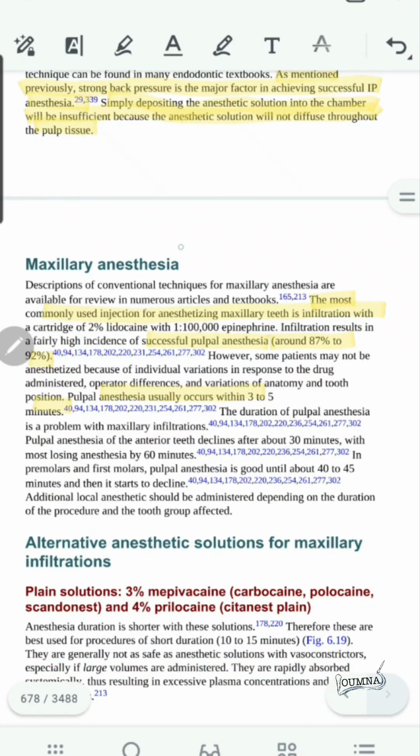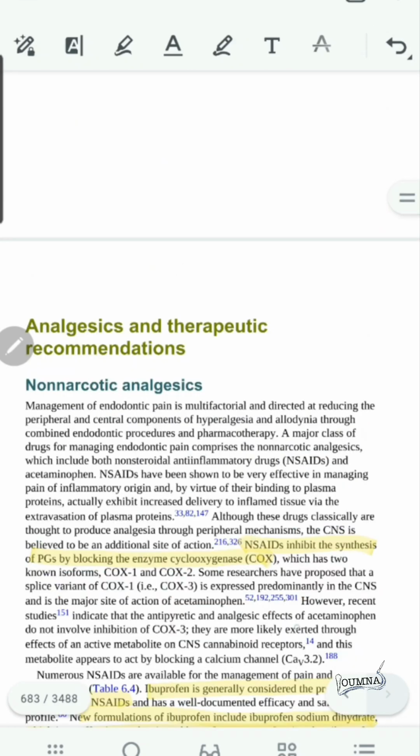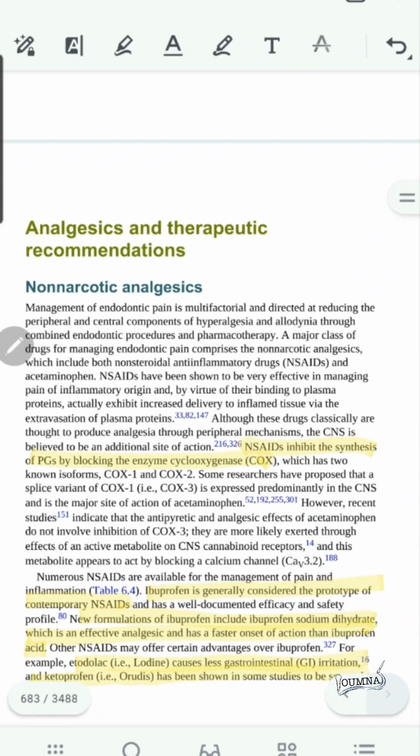Maxillary anesthesia is mostly done with infiltration, and its success rate is between 87% to 92%. Now, we talked about anesthesia as a way to control the pain. Now let's talk about